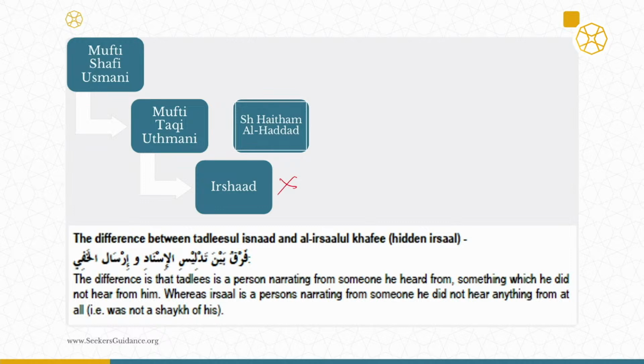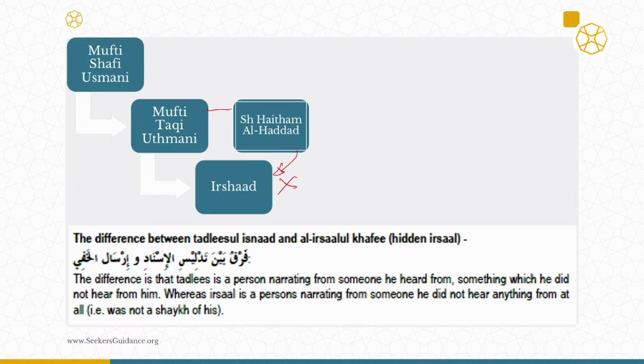So again, that's hidden. You're going to need some extra information to provide you with clarity that there's no transmission here, right? There's a missing link here. So when I transmit something from Mufti Taqi Uthmani, I may have transmitted from somebody who I did meet who has a transmission from Mufti Taqi Uthmani. For example, Shaykh Haytham al-Haddad, hafidhahullah ta'ala, I met him recently. So he has a link to Mufti Taqi Uthmani. So if I transmit from Shaykh Haytham over here,